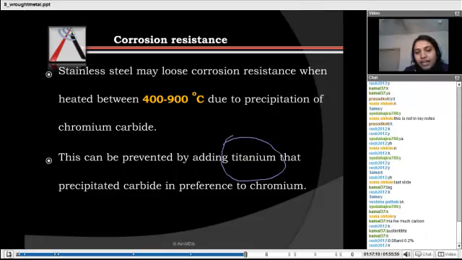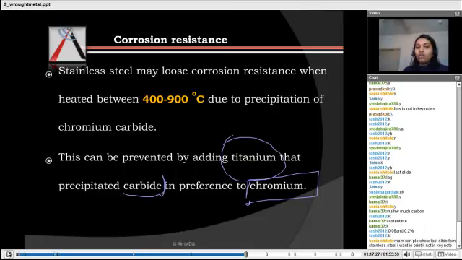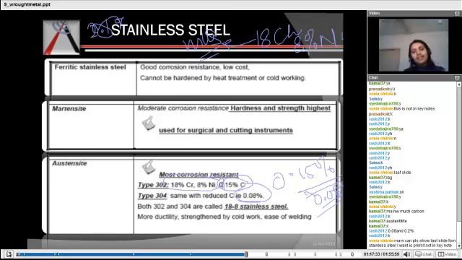Okay, if we add titanium, even at high temperature, it will precipitate the carbide in preference, so chromium will not be lost. When we heat it at a very high temperature, chromium is lost because it combines with carbon. If we add titanium to it,